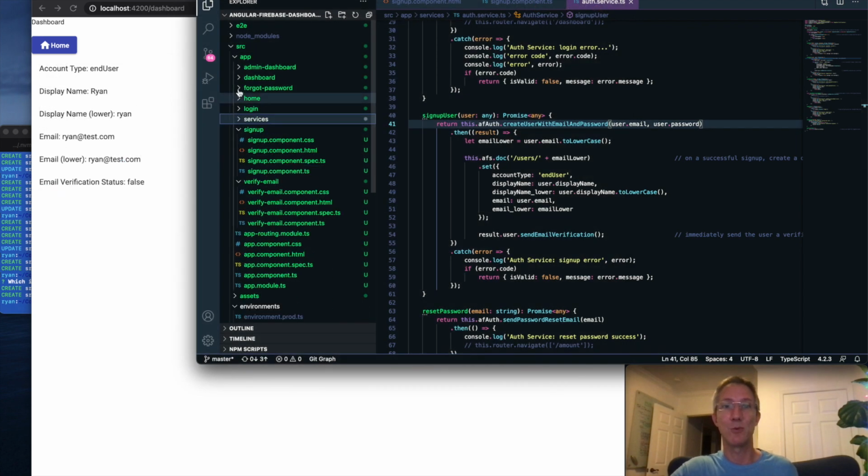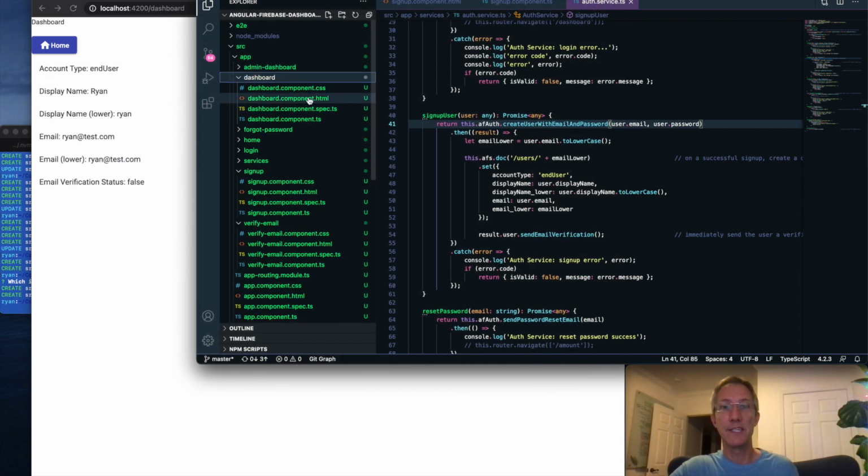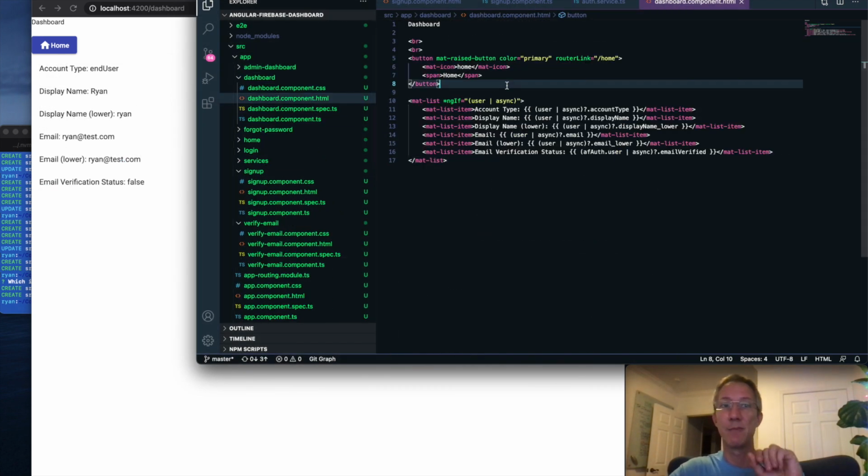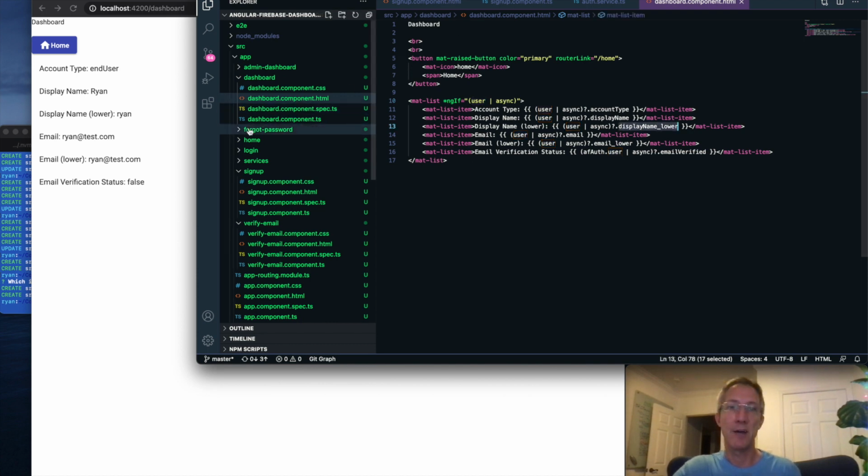Let's go look at dashboard. The dashboard HTML is the simplest in the entire website. All it does is it shows you the user info. It says, if I have anything in my user variable, then show it. And now if we look at the code,